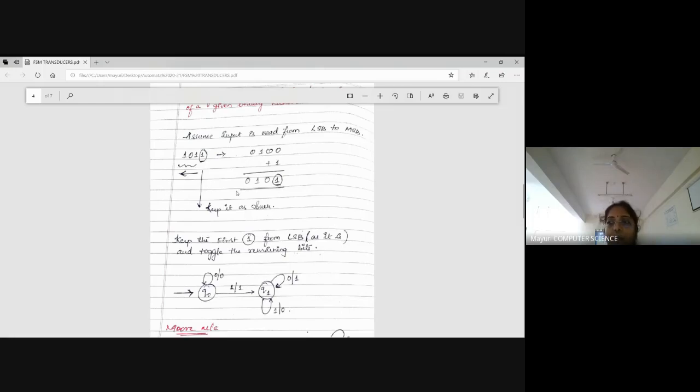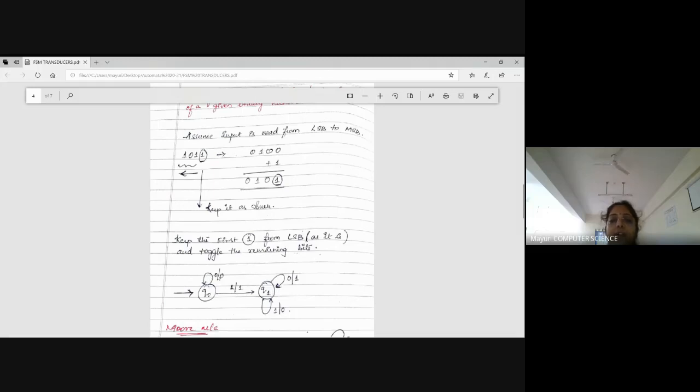The LSB never changes, even if you take the 2's complement. So if the first bit I am reading is 0, it will not change; it will remain 0 only. Output 0 means you will be in the same state here. This is also one of the hints. When my input is 0, I will be in the same state. When my input is 1, I will go to some other state.